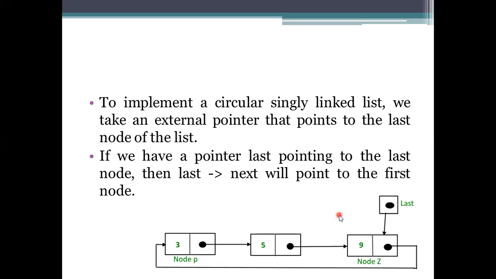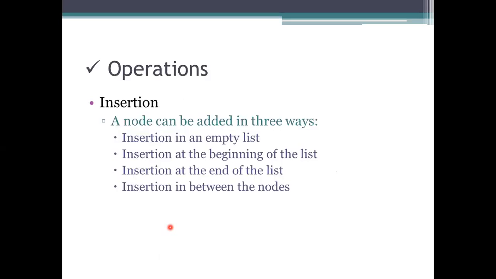We must know the starting point of our list and the ending point of our list. If it is in a circular manner, then we won't have access to that one. So we need to represent a pointer, which is specified as last, and then next, which is taken on the last node only. Whatever pointer you are taking here will point to the first one; that is, the next representation is the first node. So likewise, we need to include a pointer.